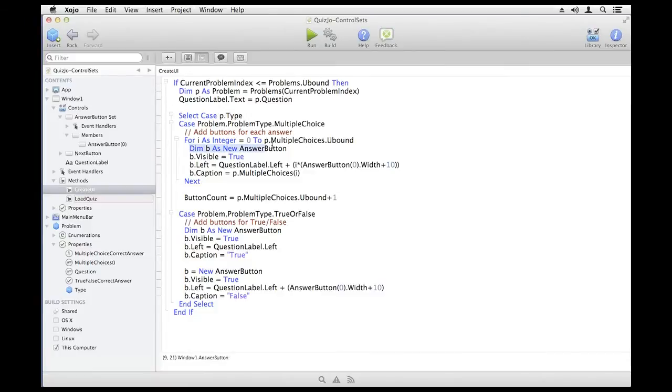And this line here, this simple looking line, dim B as new answer button, is creating a new button dynamically at runtime that is added to the window. Now this works because answer button is a control set. If answer button was not a control set, this line wouldn't do anything. You wouldn't get a new button on your window. So that's the combination of the two steps. The fact that this is a control set allows this line of code to actually add the button to the